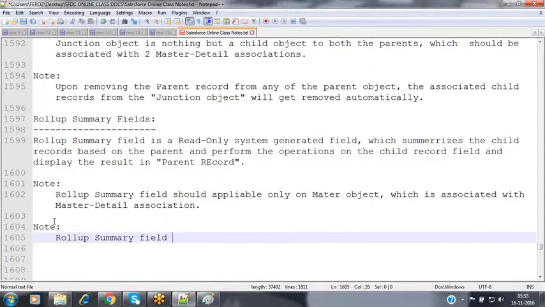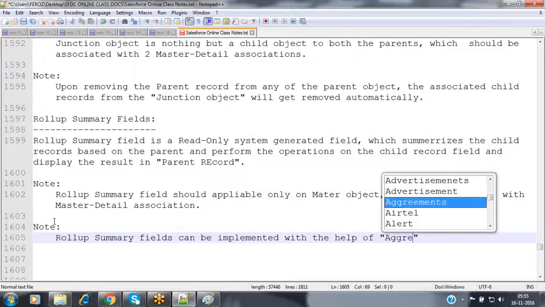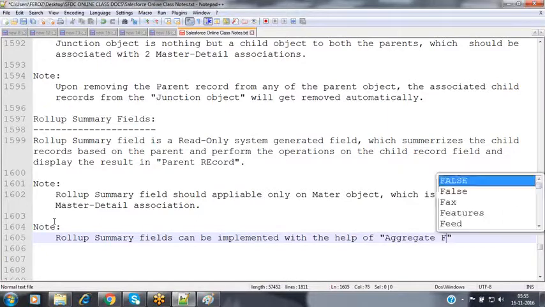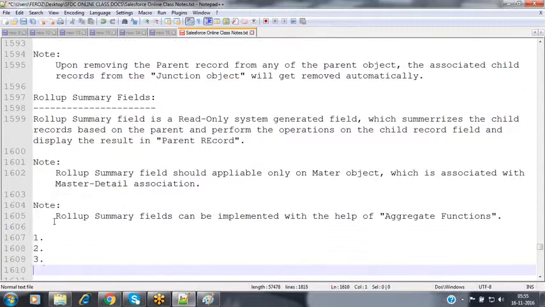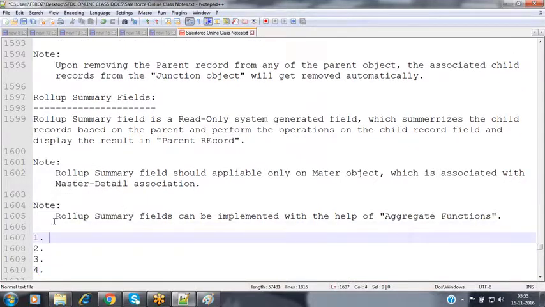Roll-up summary fields can be implemented with the help of aggregate functions. The roll-up summary field supports 4 aggregate functions.